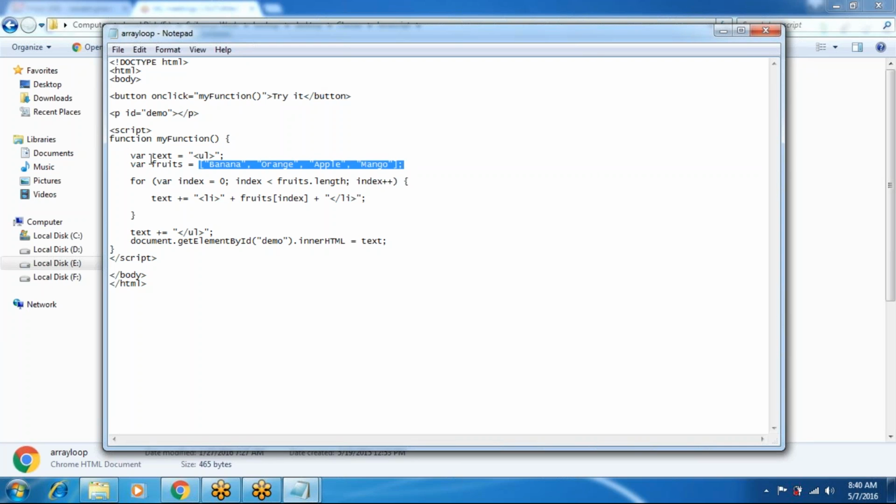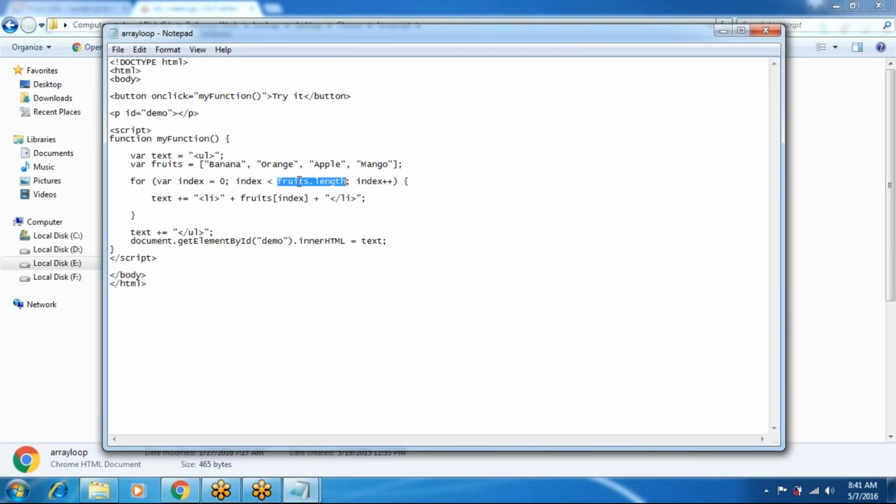So I created the text variable as another list tag, and a for loop where index equal to 0 and index less than fruits dot length. So in the first execution of the for loop, index value 0, 0 is less than fruits dot length.